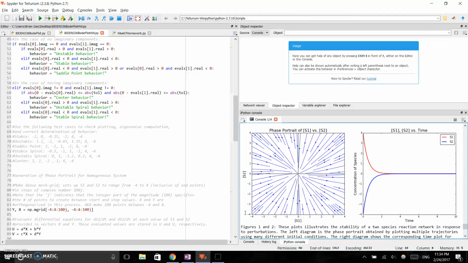So the plotting of these many different initial conditions gives us the phase portrait. And basically these plots will help illustrate the transient behavior around steady state. And so it provides lots of interesting information. So for example, as you can see here, in a stable system, the plots of S1 and S2 will be